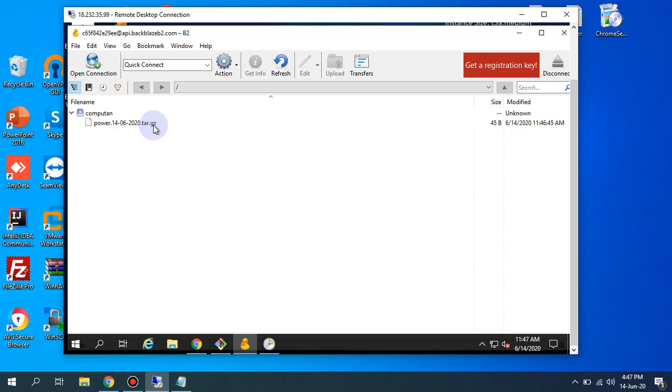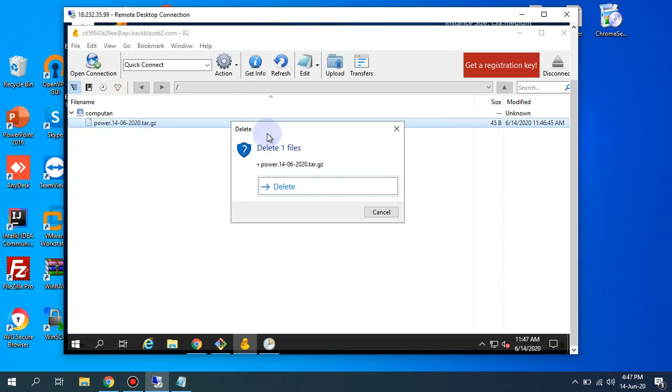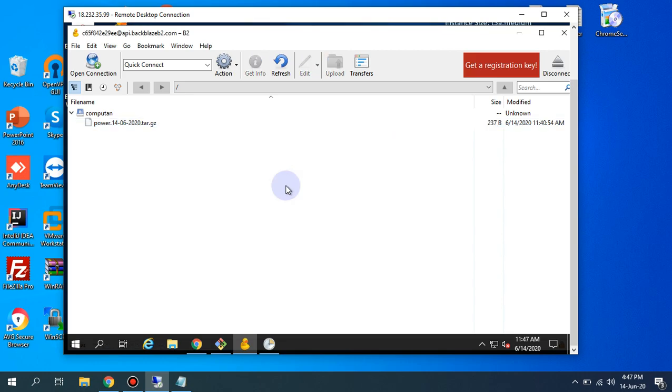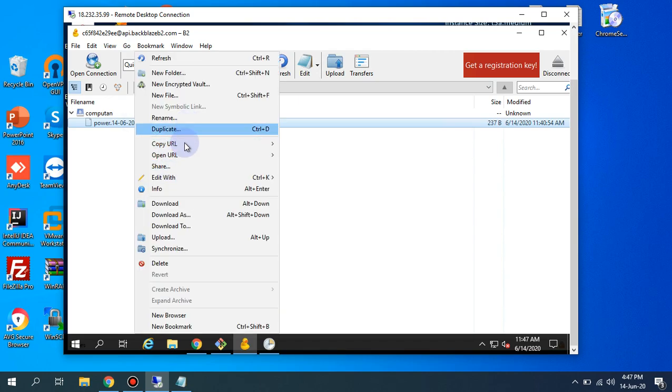So what I'm gonna do, I'm gonna simply remove it to show you one more time that there is no file available in this particular machine. Let it refresh, and it will take just a while to delete. Okay,